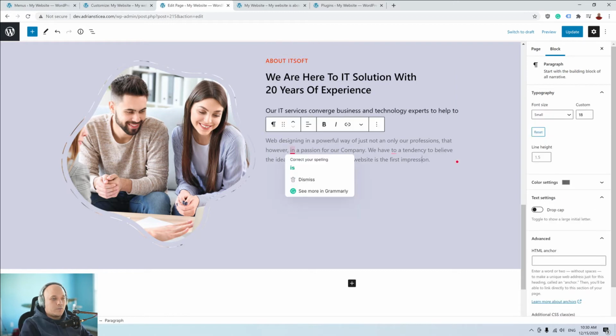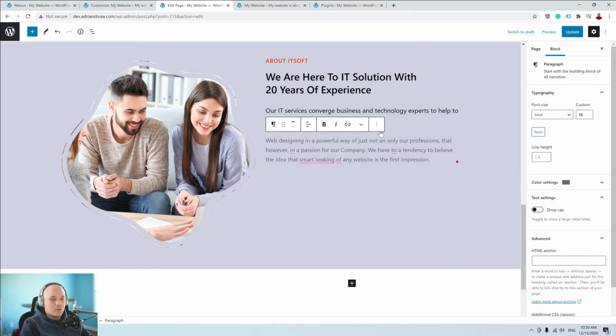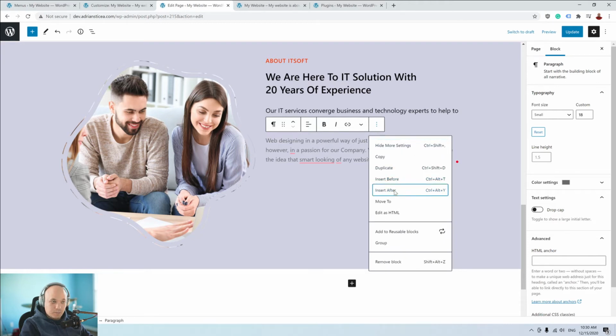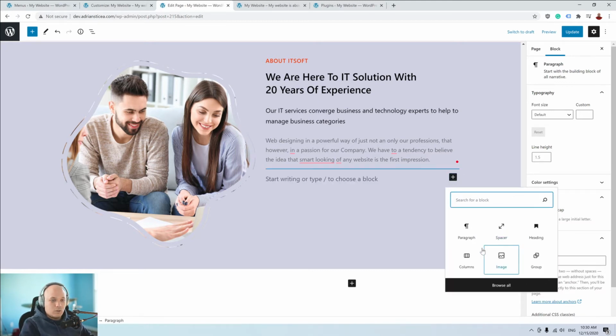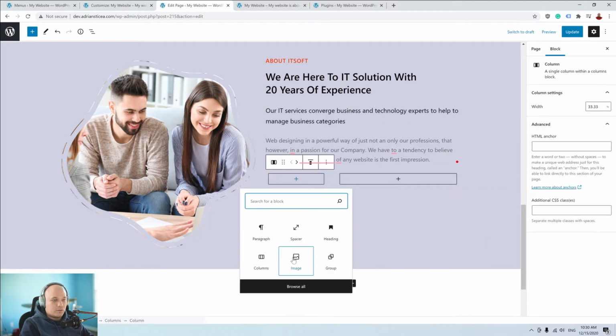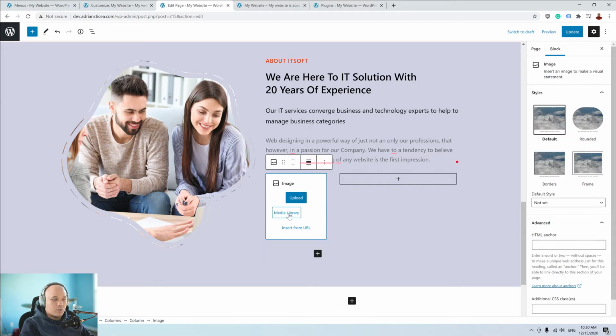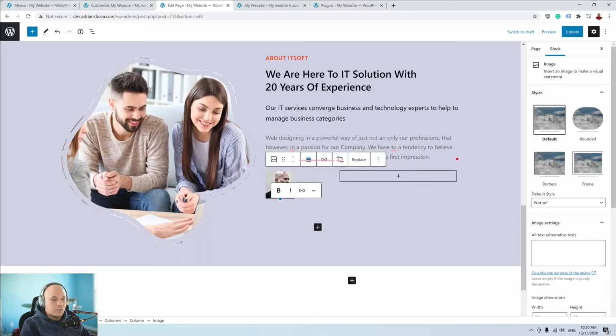And this being a kind of a quote, I want to add an author to it, so I will be adding an image and some text. So columns and like this, and an image, media library, and I will be adding this gentleman here, and I want it to be round, so I round it up,